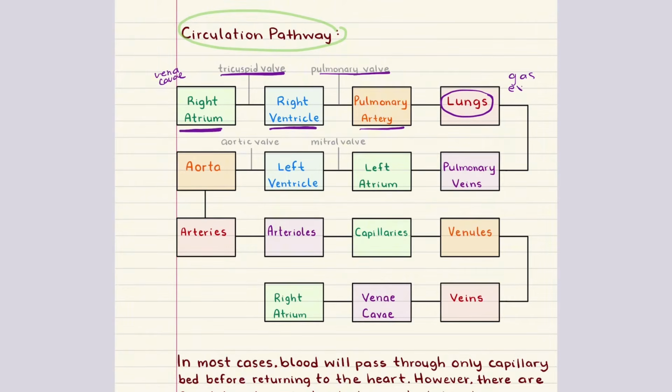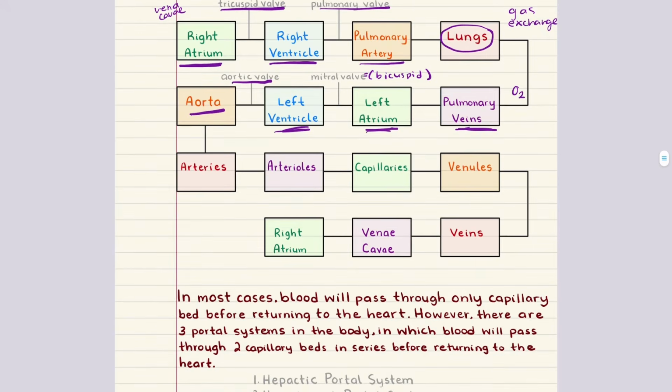So carbon dioxide is released and oxygen is absorbed. The now oxygenated blood returns to the heart through the pulmonary veins, entering the left atrium. It then flows through the bicuspid valve into the left ventricle. With the next contraction, the blood is pumped through the aortic valve into the aorta, which sends it into systemic